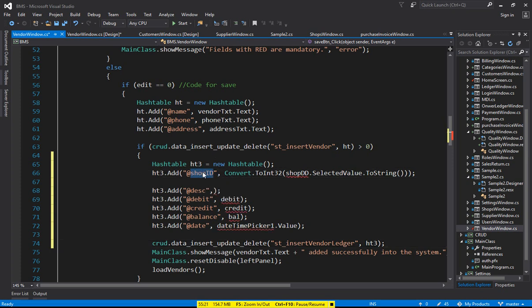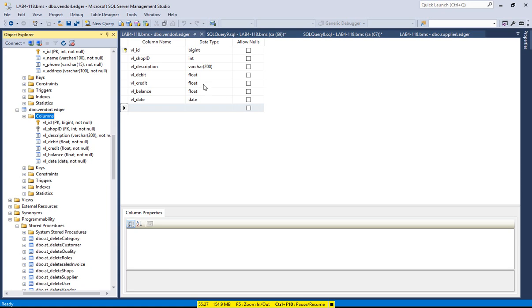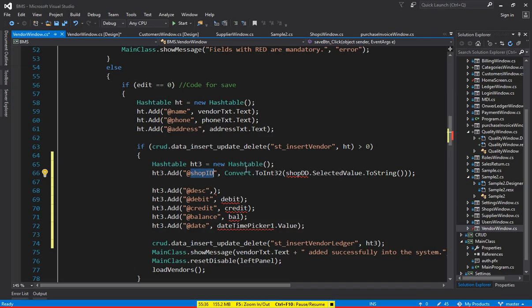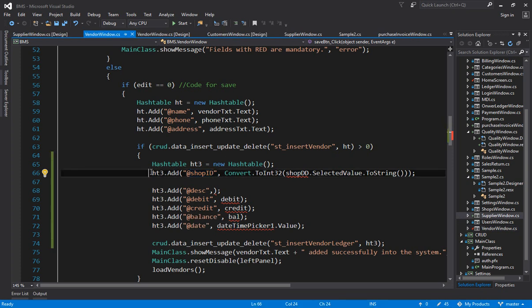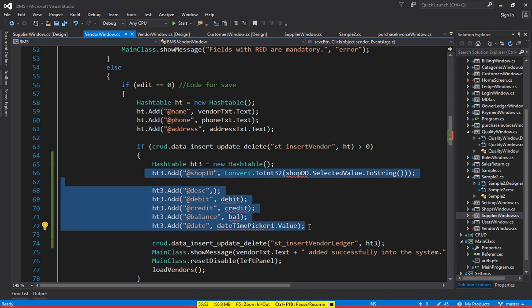specify the values here. But the problem is, do we need shop ID in the ledger? Yes, we need the shop ID as well, but at this particular point, when we are adding a vendor, the owner should not have any shop. So what to do here? Alright guys, so you can notice here the shop ID is now creating a problem. Okay, but what we can do, the shops belong to the vendors. So every shop has its own balances and all the accounts with respect to that shop. So I'm removing this code from here